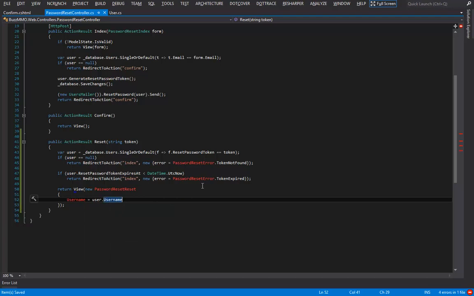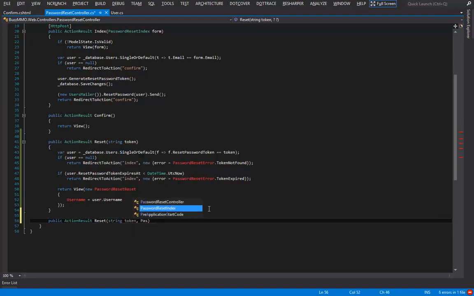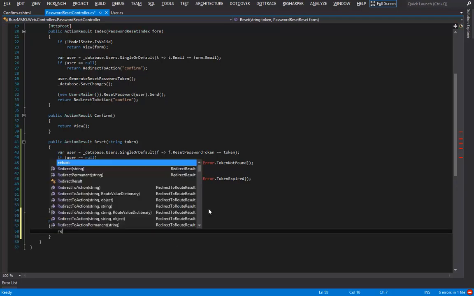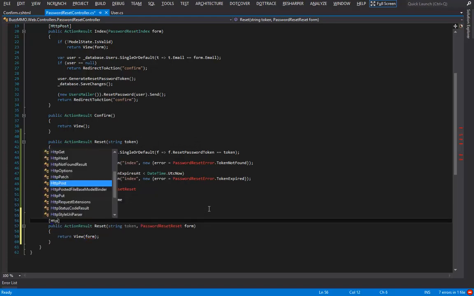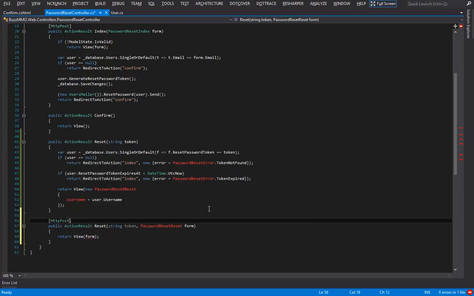Now before I go in my view models namespace and actually write my view models and my enums, I'm going to add another controller action called reset that takes in a token as well as a password reset form, which will just simply return view form, and it'll be annotated with the HTTP post method or attribute. Okay, so now that we have all of this done,